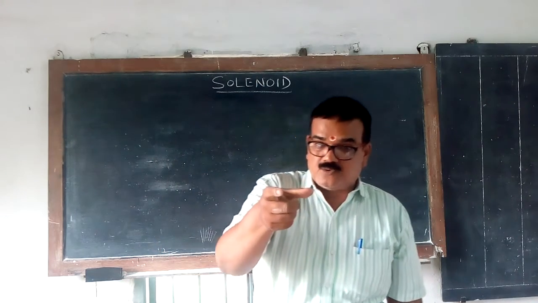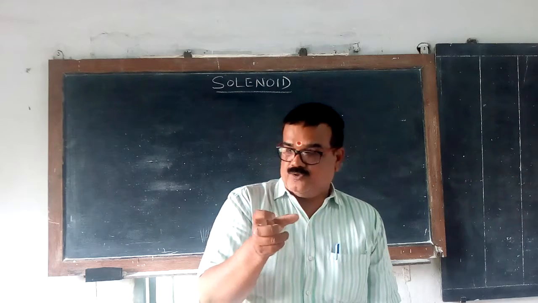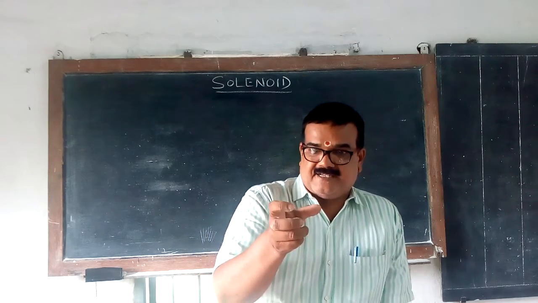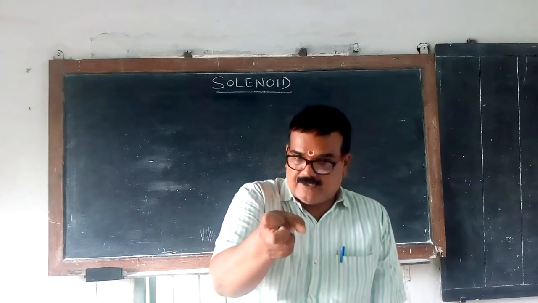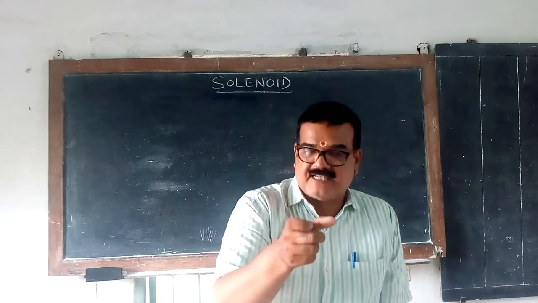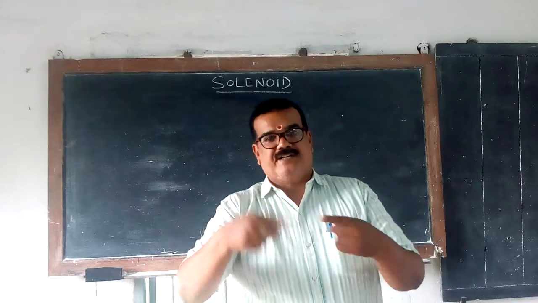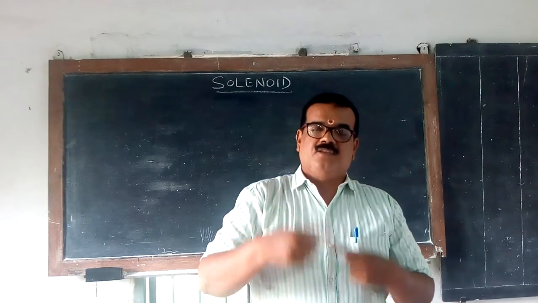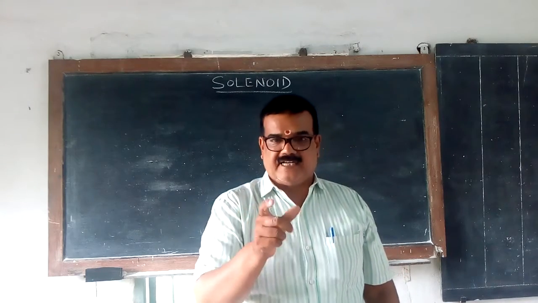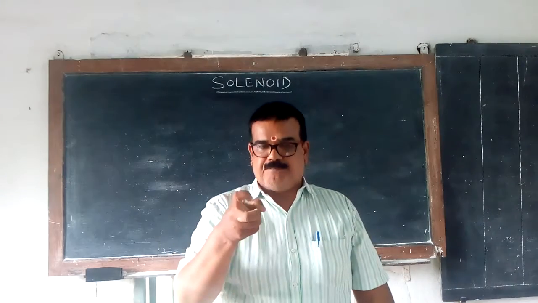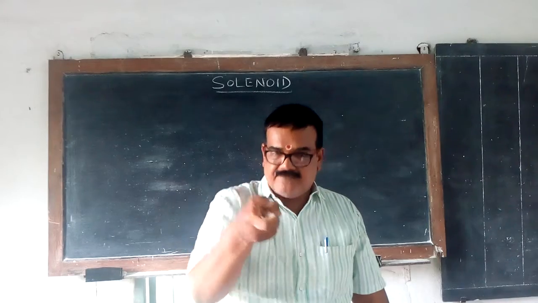Now, how much magnetic field is needed? When the electromagnet pulls the governor back, how far to pull it and how much magnetic flux has to be produced will be calculated in the solenoid calculation. The number of turns of the coil will be decided, and depending upon that, when current is passed through it, it will produce a magnetic field. The magnetic field will pull the governor.